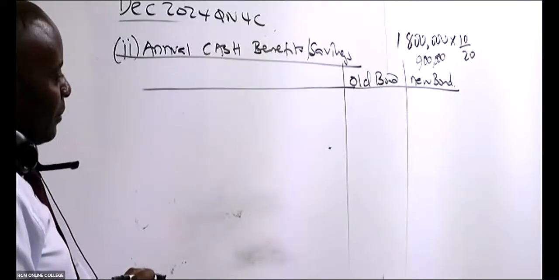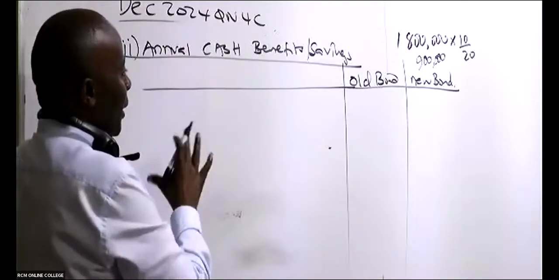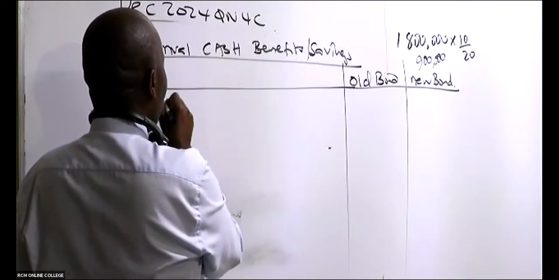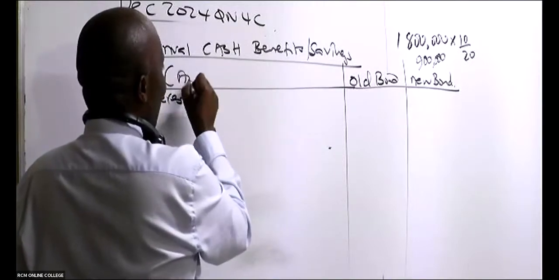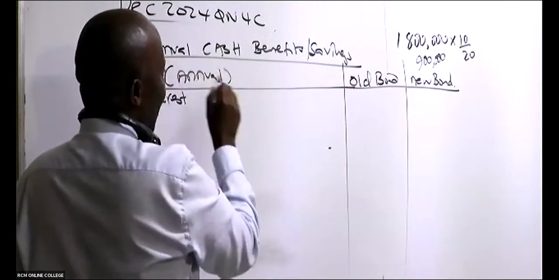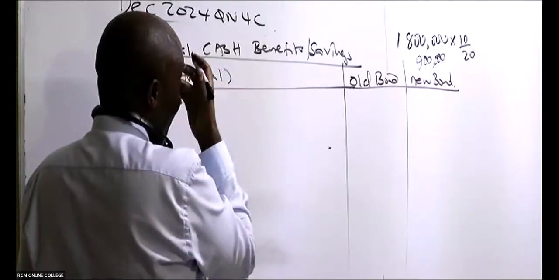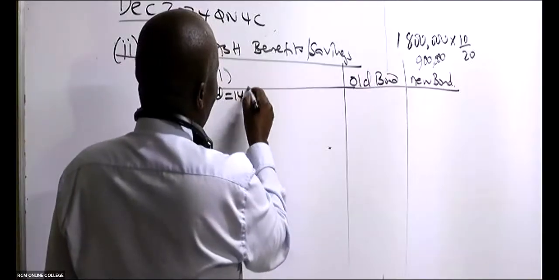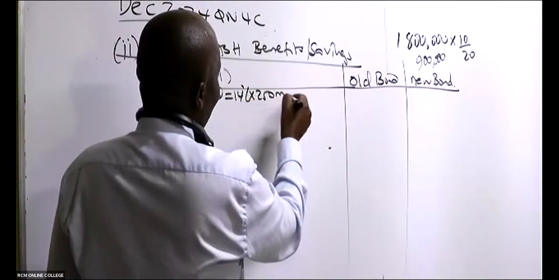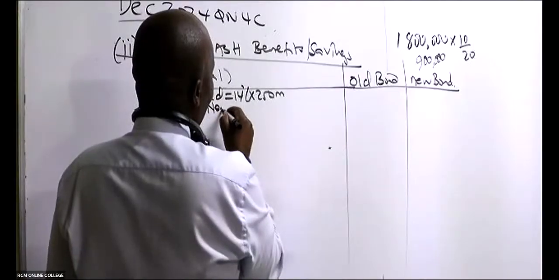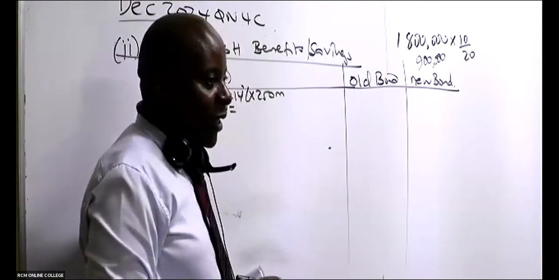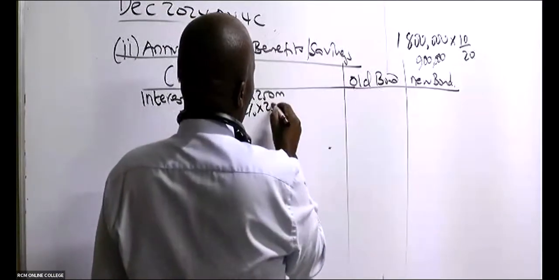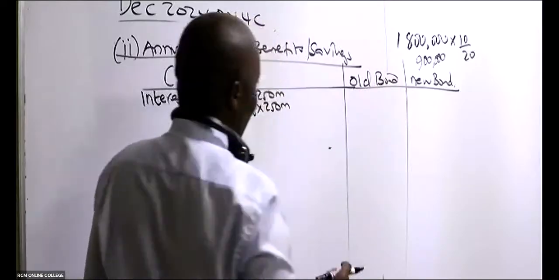All right, my good students. Of course, the differentiating feature here will be the interest. So don't forget everything here has to be annual, per annum. So interest, we start with the old. Remember the old, it's 14% of the 250 million. The new, is there somebody who is able to remember the new interest? 12%, the amount will always be the same, 250 million. Please give me these numbers.